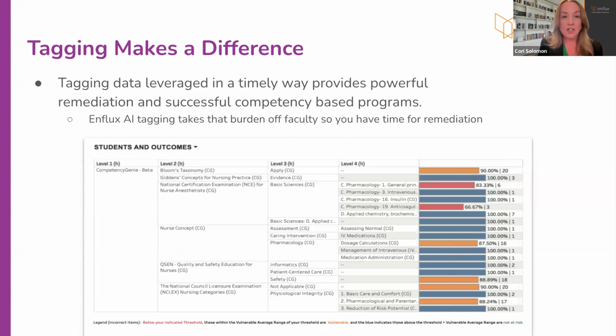Our tagging feature, we can help you tag. So this is another great way to leverage AI. We have Competency Genie, a Chrome extension that will help you tag inside of ExamSoft, but we also can just AI tag all of your assessment items with your competencies. And then you're able to get the dashboards that we're showing examples of and Dan is talking about, because you can easily go into an exam, see what they missed, and then create a plan from that.